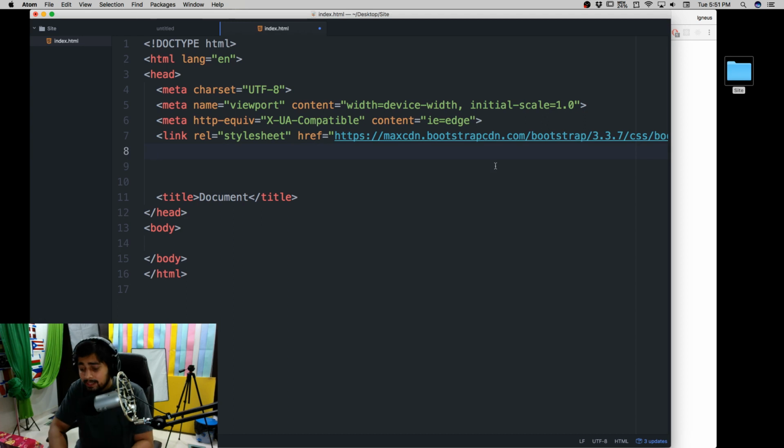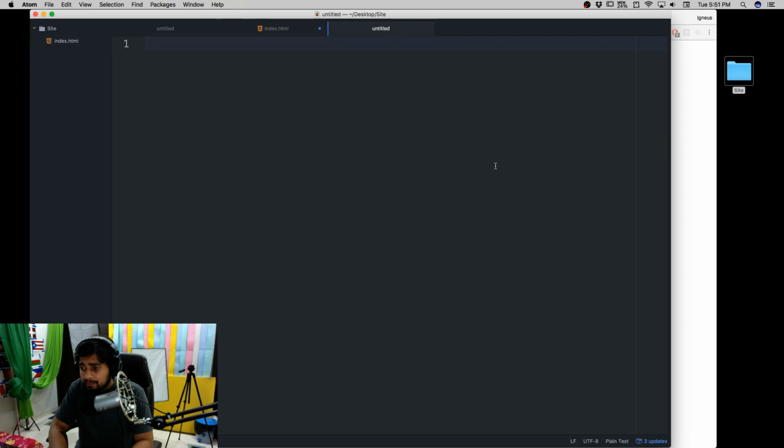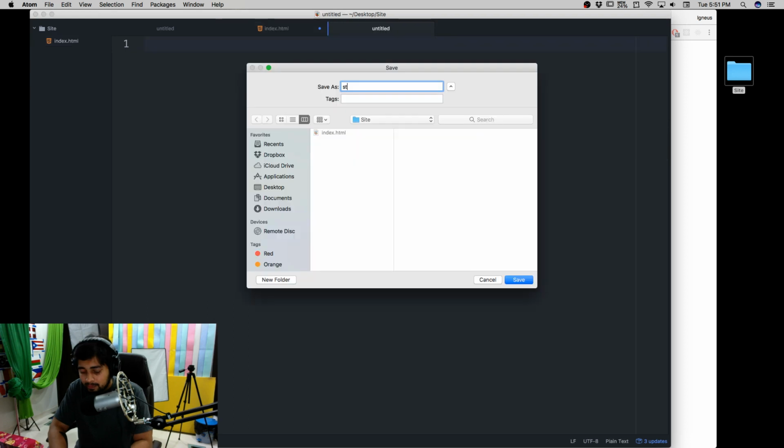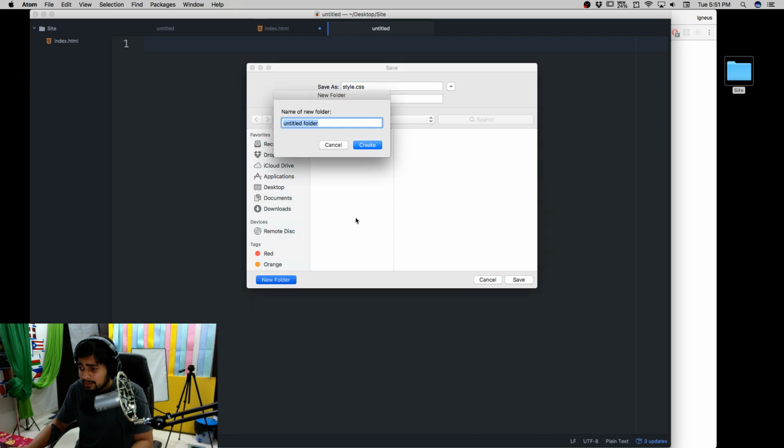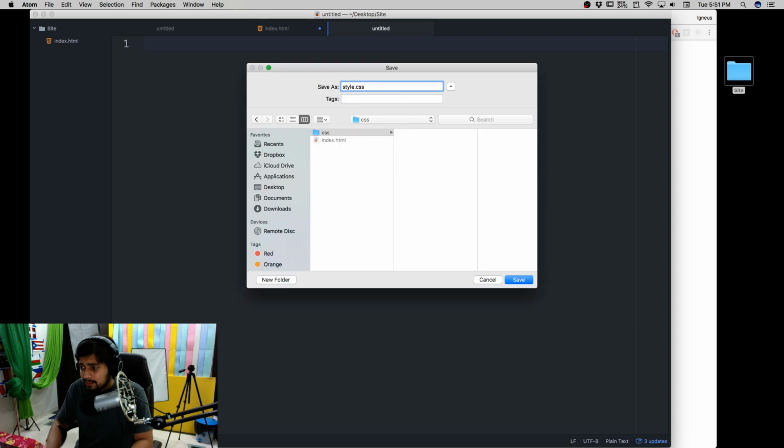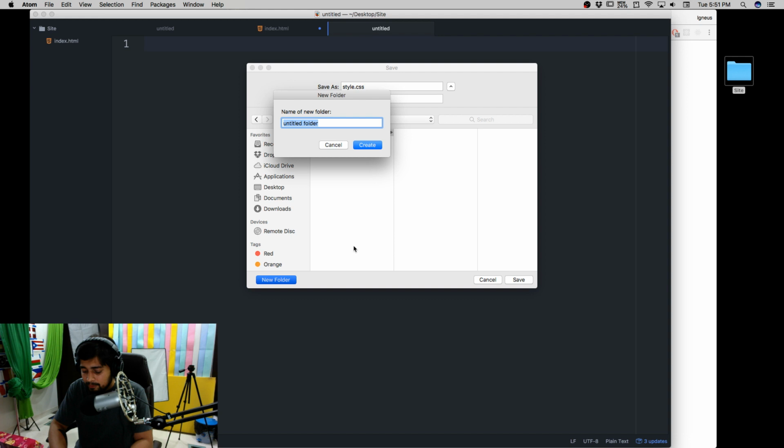For sure, we'll be editing a few things. So let's just save this with the name style.css. Of course, I should have created a new folder there. Structure is really important, so let's do that. It's a good approach: a CSS folder, and we might need one more folder for JS. That's always a good approach.